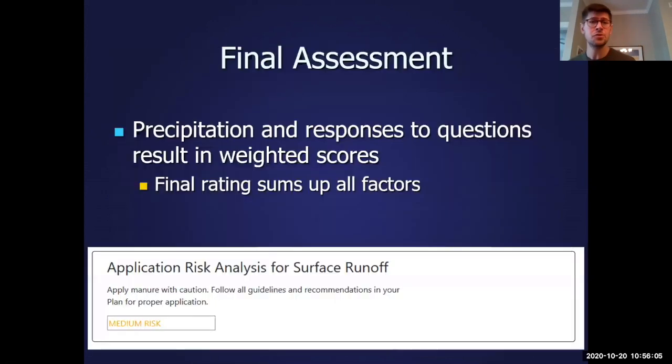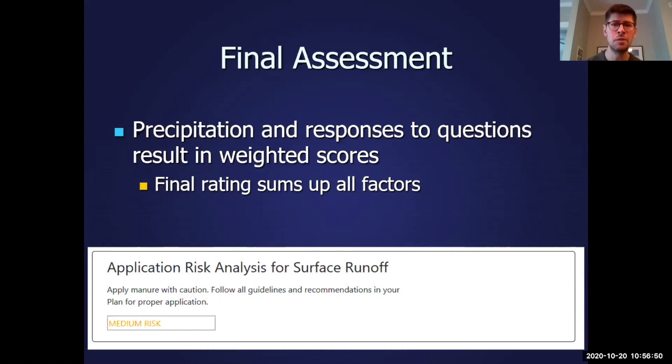So after answering a series of those questions, the risk for runoff that's related to precipitation and all of the responses on the field questionnaire is summed up in a final scoring, and really it just comes down to a low, medium, high risk scenario, and that's what's provided for the grower for that field. The risk of spreading on a given day related to runoff. And the tool includes also a portion where the person can save the questionnaire, so that at the end of the process they can document, okay, before I went out and spread, I did my due diligence and I checked to make sure that the conditions were right, and it was really unlikely that any manure spread on this date would flow off the field.